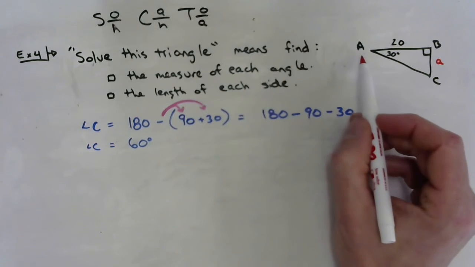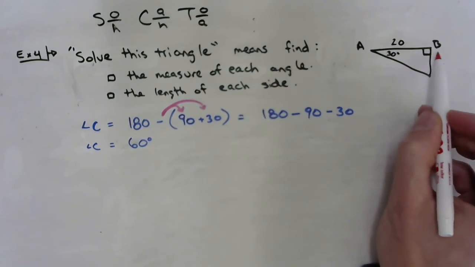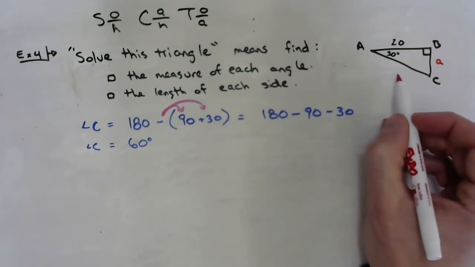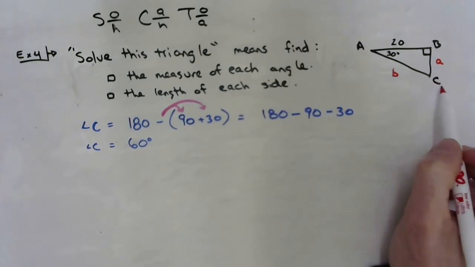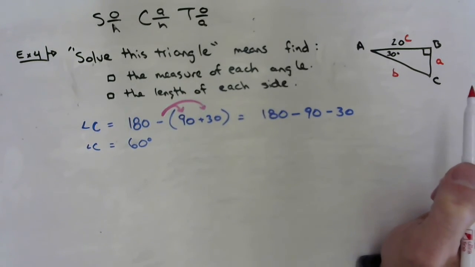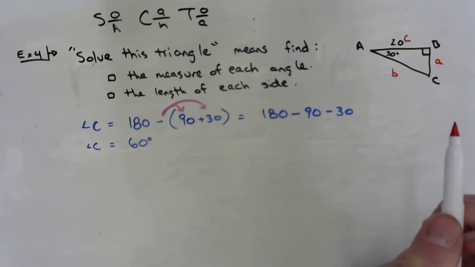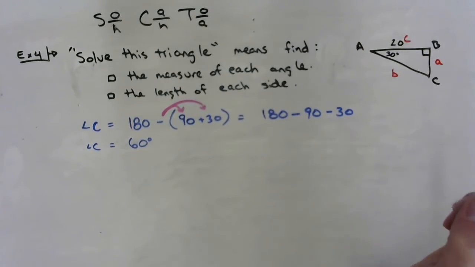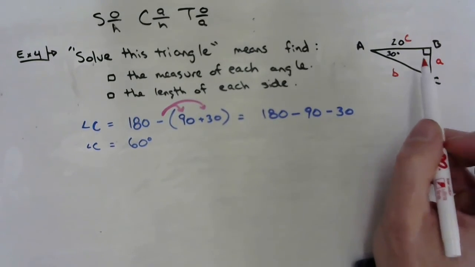So if this is vertex A, then this is side length a, opposite. If this is angle B, then over here we have side length b. And if this is angle C, then over here we have side length c. If we do not use lowercase letters, we will lose marks. Yes, every time. You must use capitals for your angles, for your vertices,